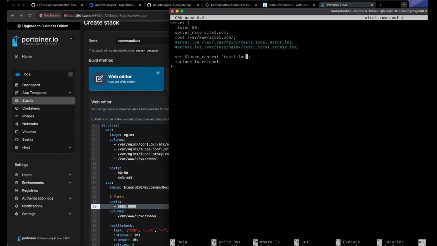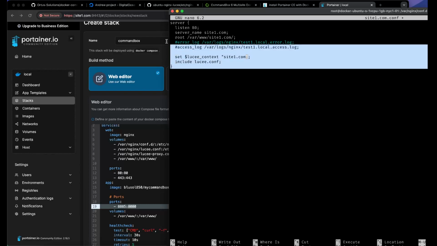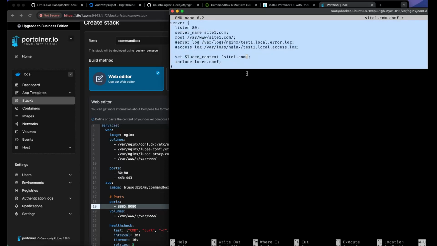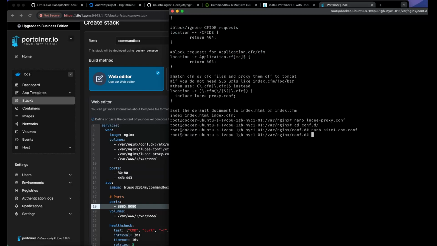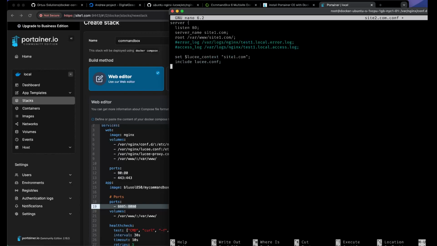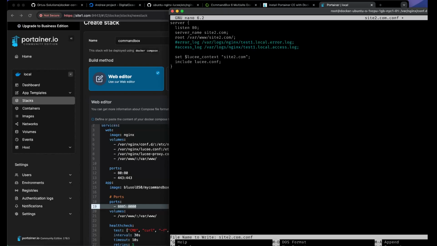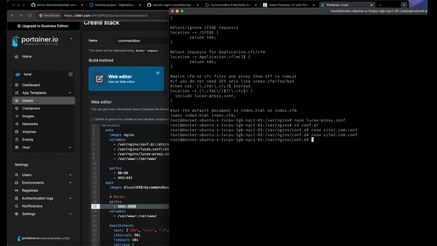And then I'm going to set the Lucee context here to site1.com. I'm going to copy that, save it, and do the same thing for site2. I already have a host file pointing site1 and site2.com to my DigitalOcean server that I'm working on. To save, now we need to create